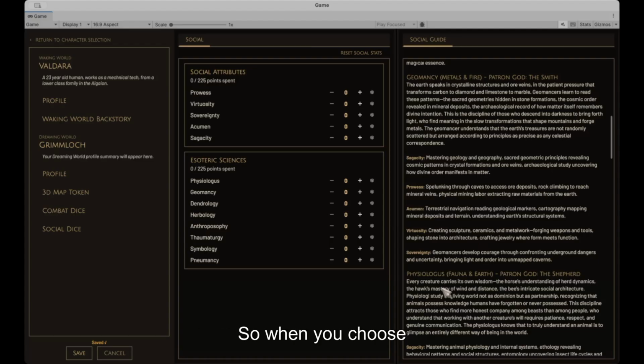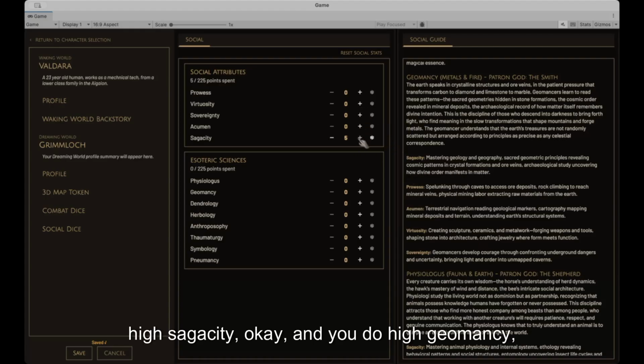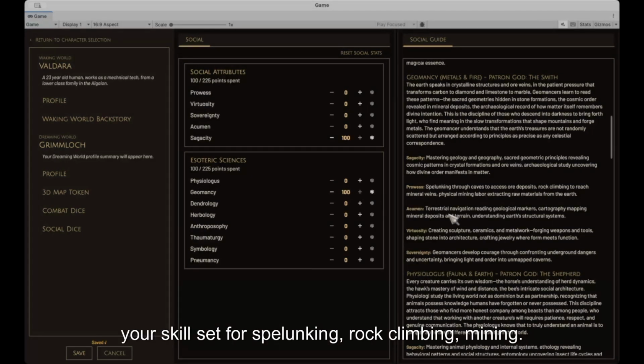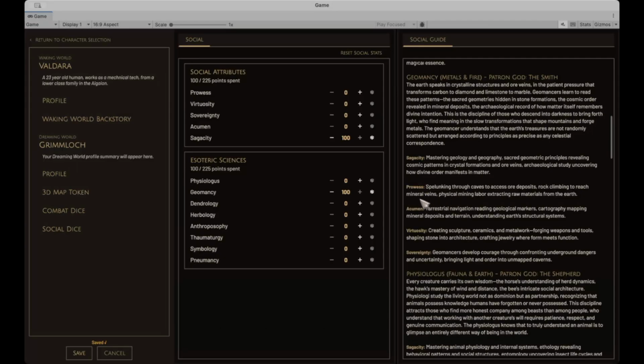So when you choose your combination, if you do high sagacity, okay, and you do high geomancy, you're going to be rolling at the top of your skill set for spelunking, rock climbing, mining, all of the athletic skills that would be associated with having to actually perform the practice of geomancy or mining, you now have at a max level.